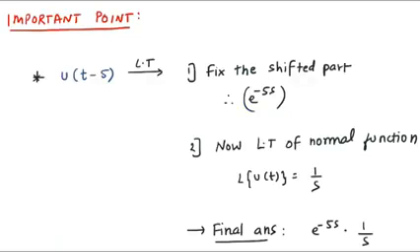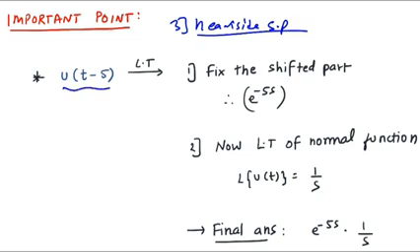Now the third property is the Heaviside shifting property. This is very important because maximum questions are based on this property. Now Heaviside shifting property is when you have u of t in the picture. Whenever there is u of t, that is a unit step function, it is simple. You know the Laplace of u of t is 1 over s. What if the time is shifted? If the time is shifted, it can be t plus phi or t minus phi. Whenever the time is shifted, you have to use the Heaviside shifting property.